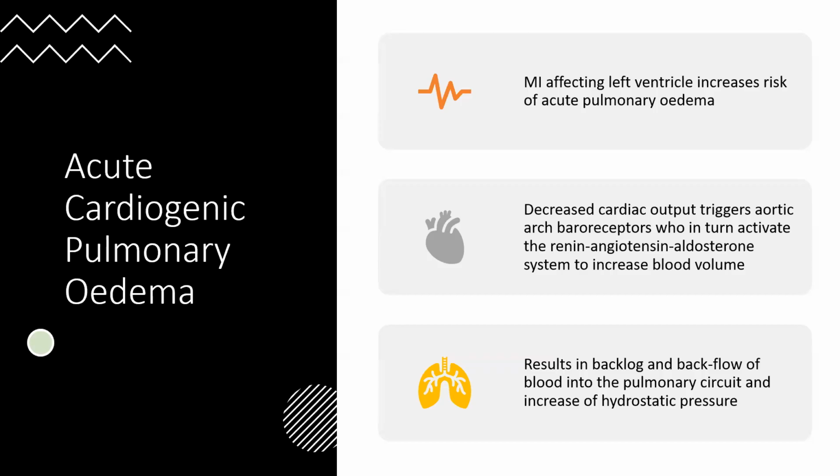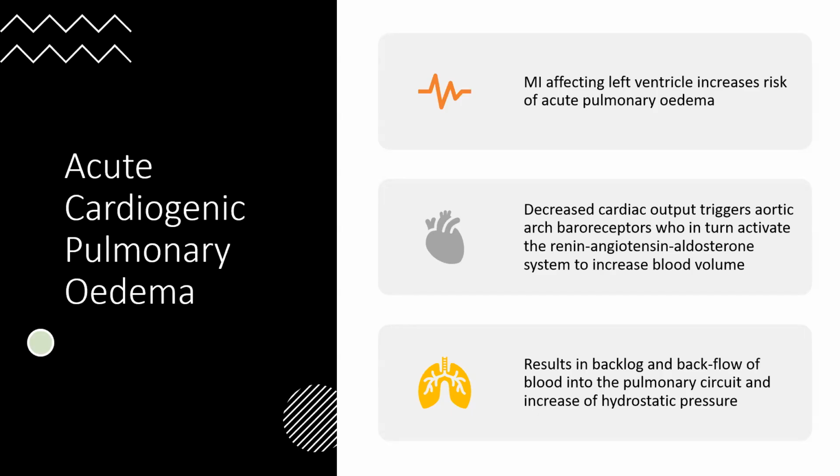This one, big one to think about when you're going to your STEMIs that involve the left ventricle. So the MI affecting the left ventricle increases the risk of acute pulmonary edema. Decreased cardiac output triggers aortic arch baroreceptors, which in turn activate the renin-angiotensin-aldosterone system, and this increases the blood volume. There's a big issue with this because when it detects that the ventricles aren't pumping, it's going to try and increase the blood volume and pressure in the left ventricle